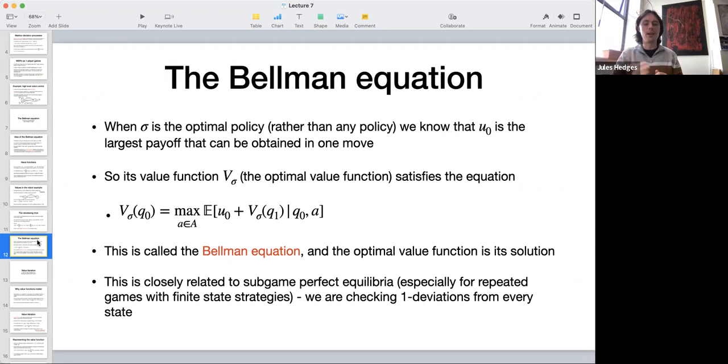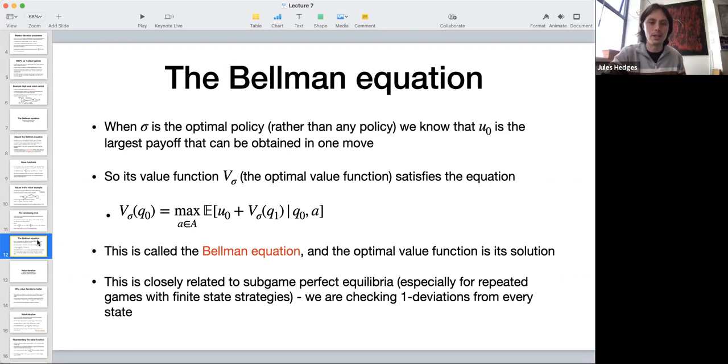Okay, now at this point we have basically arrived at the Bellman equation. So everything we've done up to now works for any arbitrary policy, but suppose we want to talk about the optimal policy specifically rather than just any old policy. So the optimal policy is the one that maximizes this total expected discounted payoff. So by a form of the one-shot deviation principle, we know that the payoff that we get now, U0, plus the discounted value of the next state is going to be the largest thing that we can obtain for any